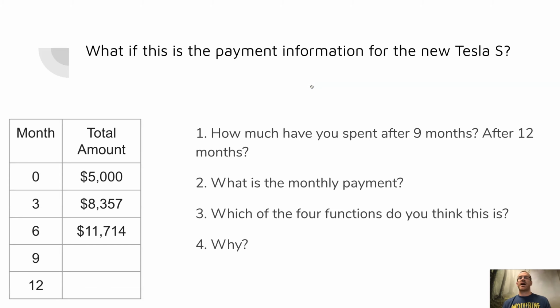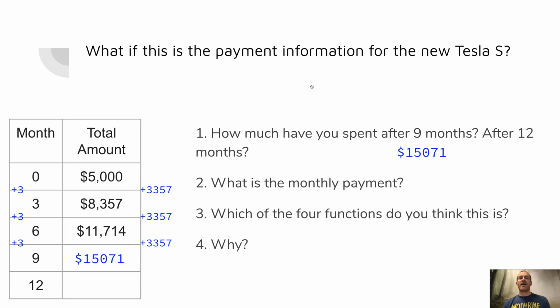So you can see this time that our first change of x, when we go from month 0 to month 3, was 3. And our first change of y is $3,357. Our next change of x is 3 again. Well, guess what? Our change in y matches the first change of y, $3,357. All right, so we're back in that constant rate of change. Our next change of x is 3, so we have to have that same change in y of 3,357. Add that on to our $11,714, and we see that after 9 months, we have paid